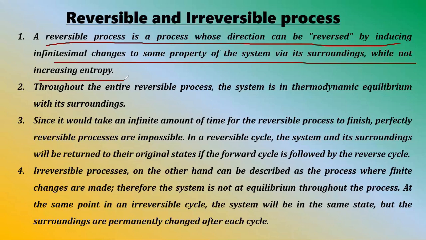Okay, so if a reversible process is the one which can be reversed at any time, now this reversal will occur by inducing some change to some property of the system via the surroundings, right? And whatever alteration you are doing, it must not change the entropy of the system, it must not increase the entropy of the system. Okay, throughout the entire reversible process, the system is in thermodynamic equilibrium with the surroundings. Now this particular sentence is very important, because see, if something is in equilibrium, then only that can be reversed,